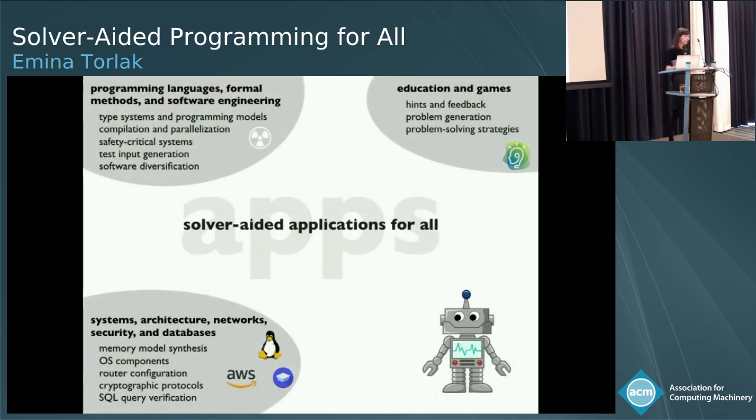So roughly speaking, I've partitioned these applications into typical PL and formal methods applications in one corner, very high-level applications, so education, puzzles, games, and so on in one corner, and then low-level code, so systems, computer architecture, networks, and so on, databases in one corner. So in the programming language world, the formal methods world, one of my favorite applications is using Rosette